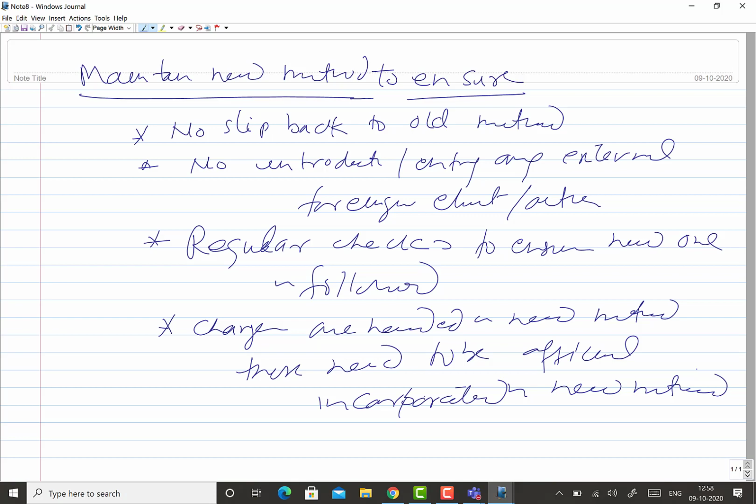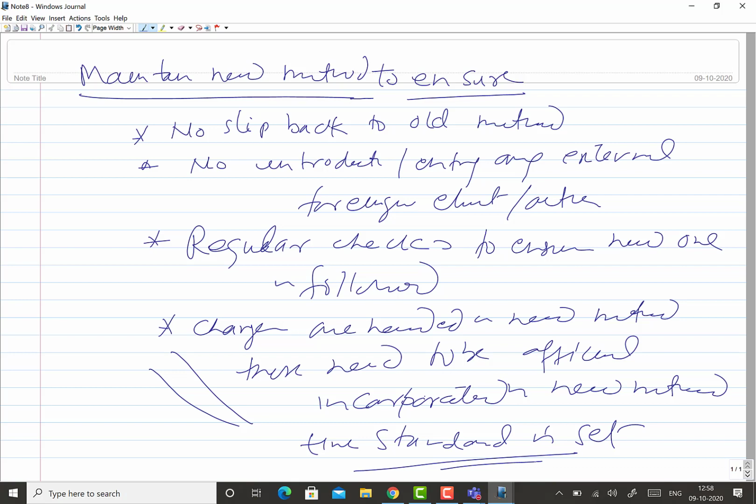It is brought on record, and at the same time, according to the updated method, the time standard is set. So these are some of the things needed at the last stage of maintaining the new method related to method study. This is how we complete the method study related section.